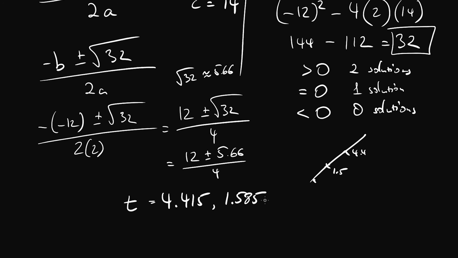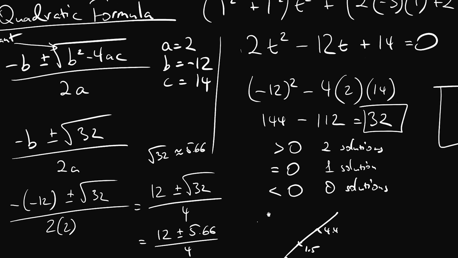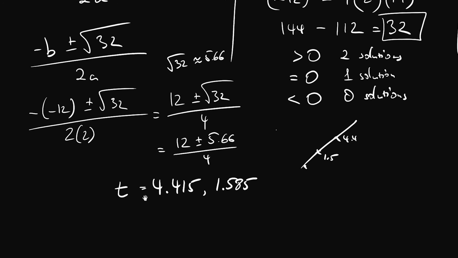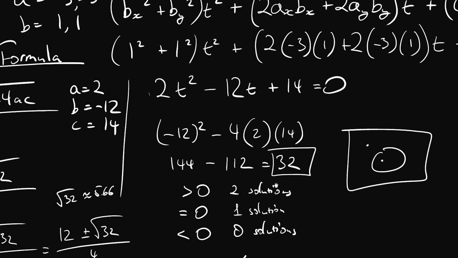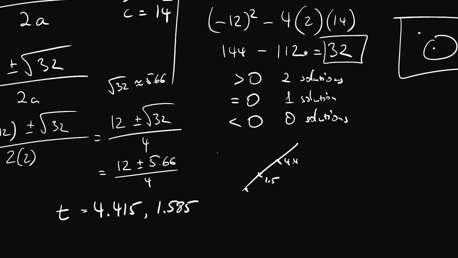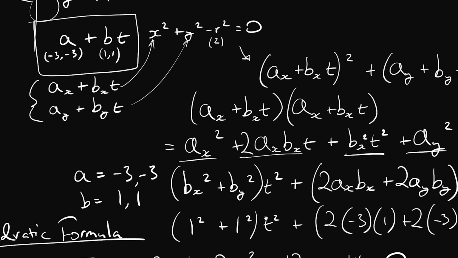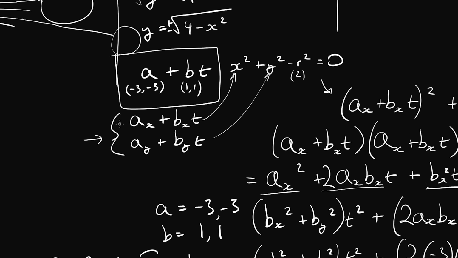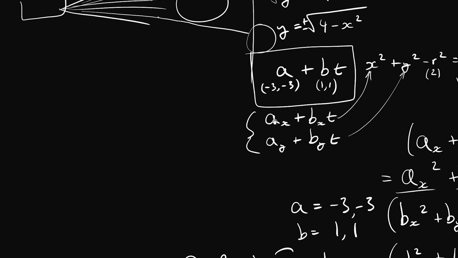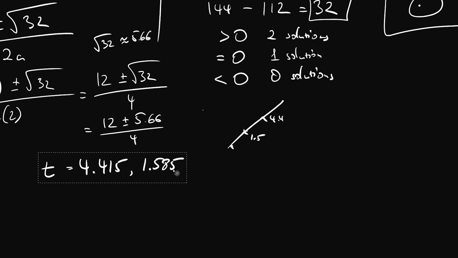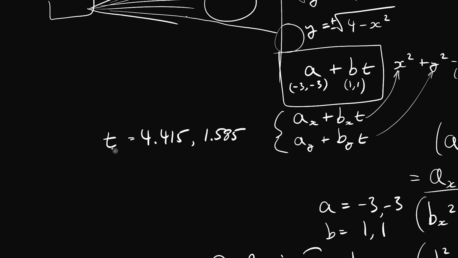Now, since we obviously have a well-defined line equation, we can just simply plug in these values of t, especially because it's a parametric equation in terms of that t parameter. We can just plug in these values here and we will get actual two-dimensional points. Why two-dimensional points? Because we have two equations here, one for x and one for y. So what are the equations? Well, first of all, let's go ahead and copy this, and we will plop it right over here.